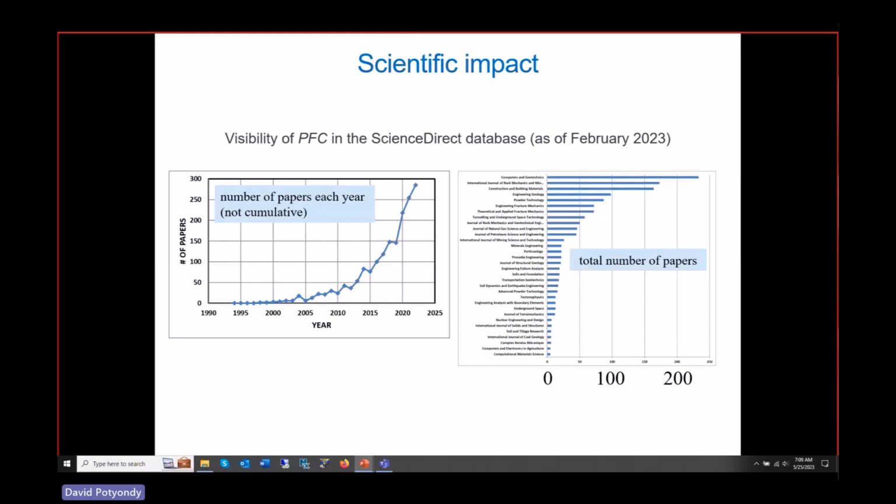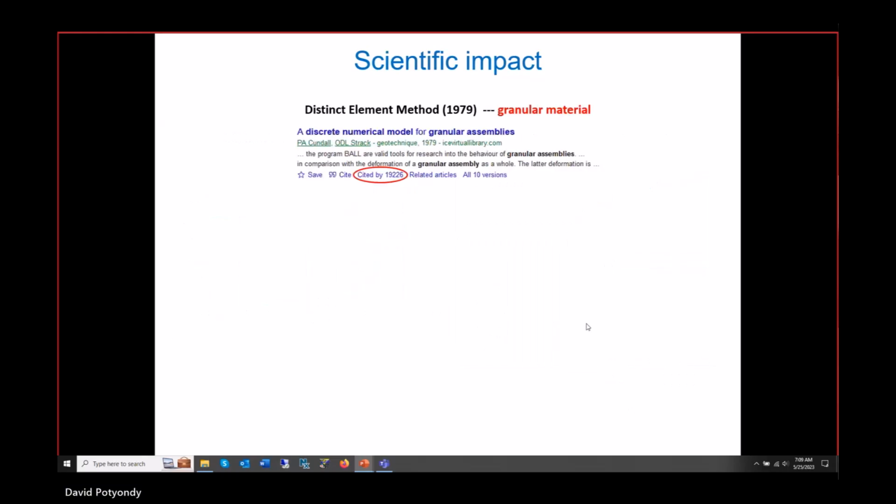The last couple of slides here talk about how PFC has really often been used by researchers who are doing science. This is the number of papers that were written about the use of PFC to do various things. This is not cumulative. This is each year. So in 2020, about 220 papers appeared in the scientific literature that were using PFC and studying different things. Here are the different journals. International Journal of Rock Mechanics and Mining Sciences obviously is a big one, with many papers found in there. And PFC comes from the original work that was done by Peter Cundall,